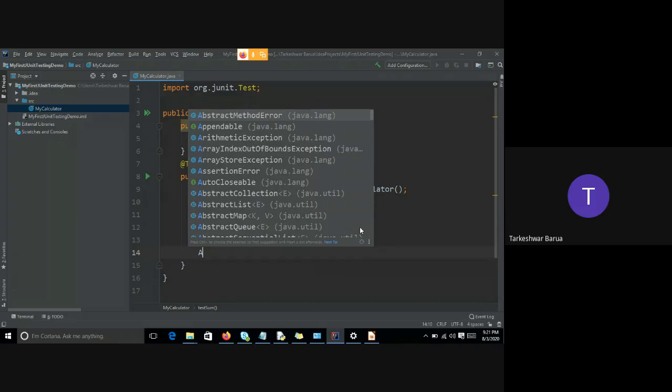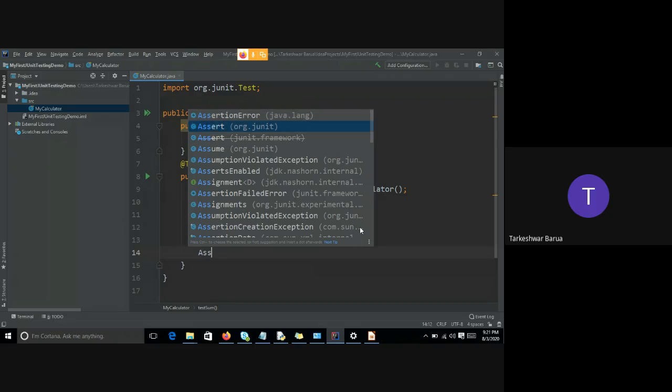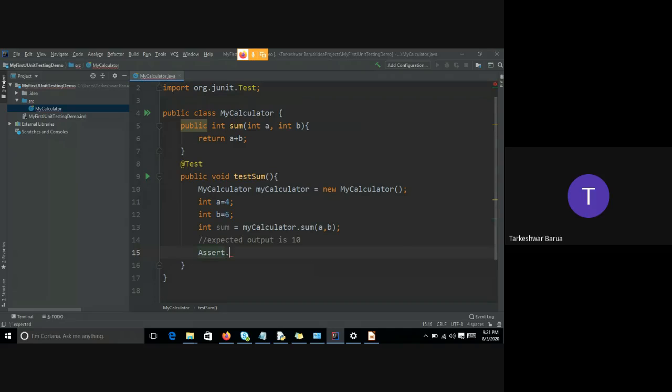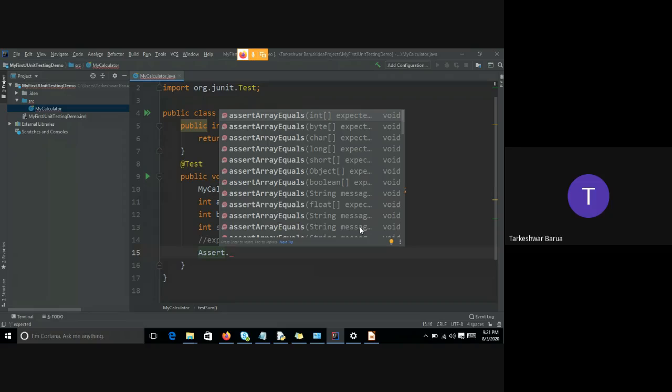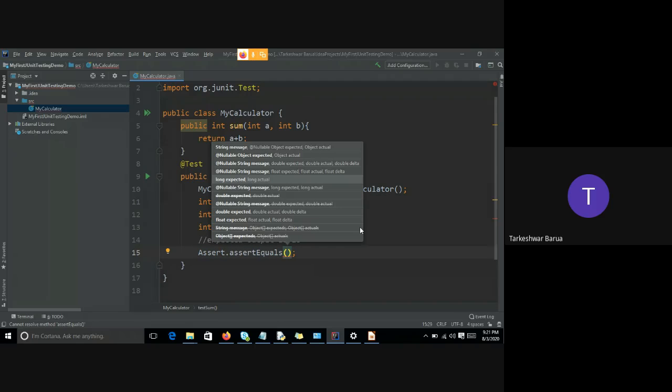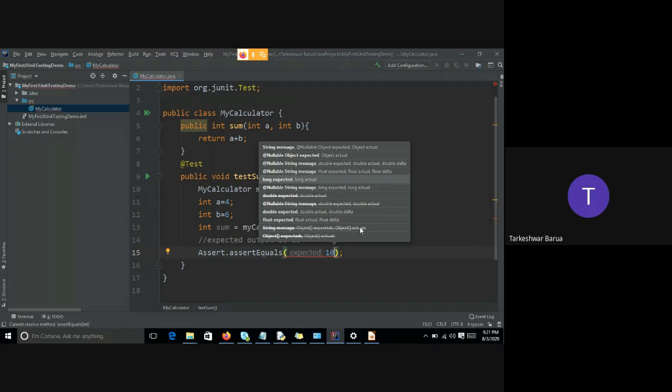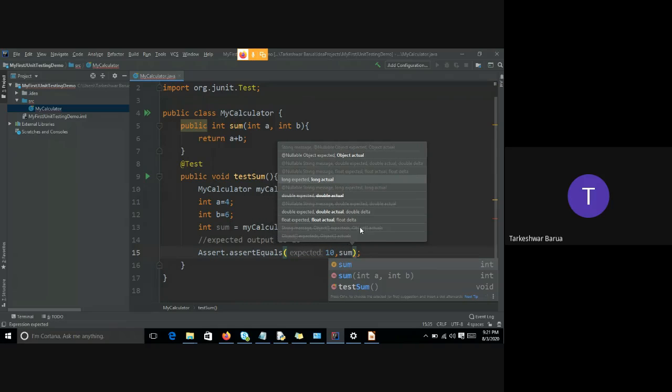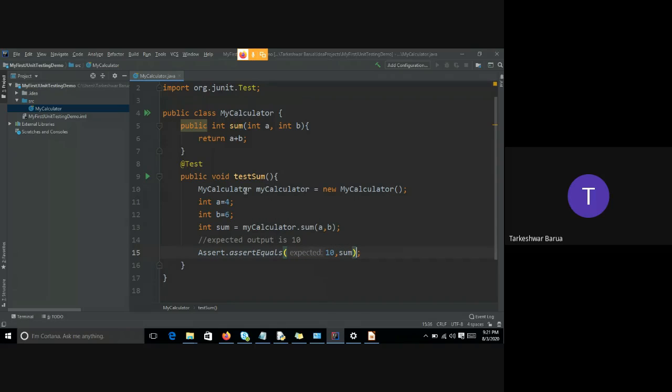We can write Assert.assertEquals. I am going to test how much we are expecting. I am expecting 10, and the result is being stored in sum. So let's try whether my code is correct or not. Run this.